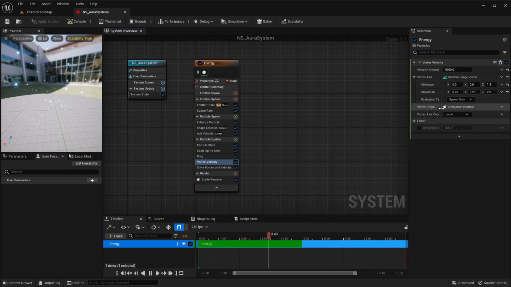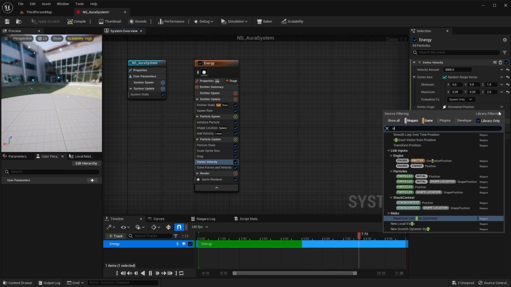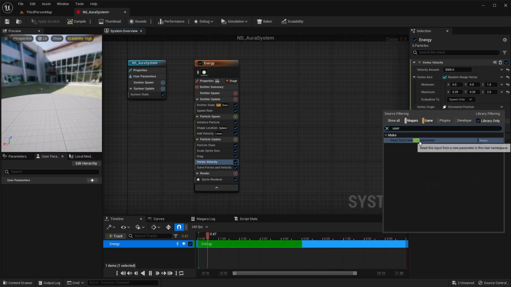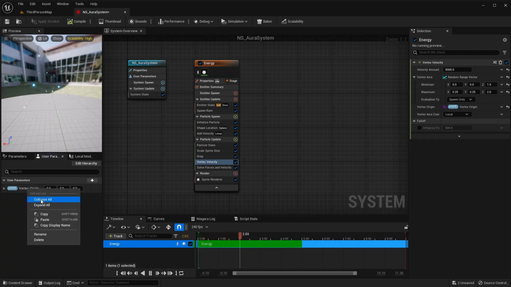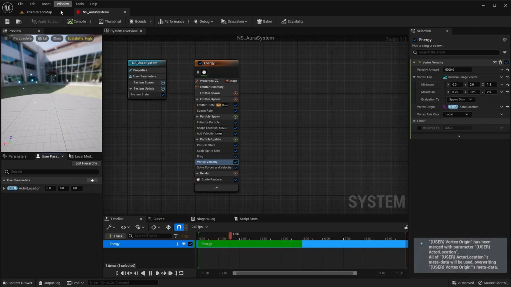For this, we want this origin to update based on wherever our player is. If they are going to be moving around, that may not be what you do for your project, but I'm going to go ahead and account for it now. You might want to just leave this where it's at if this was going to be attached to a static item that's not really moving around. So I'm just going to come over here, and I'm going to promote this to a new user parameter, and I'm going to rename this actor location, and that'll be good for now.